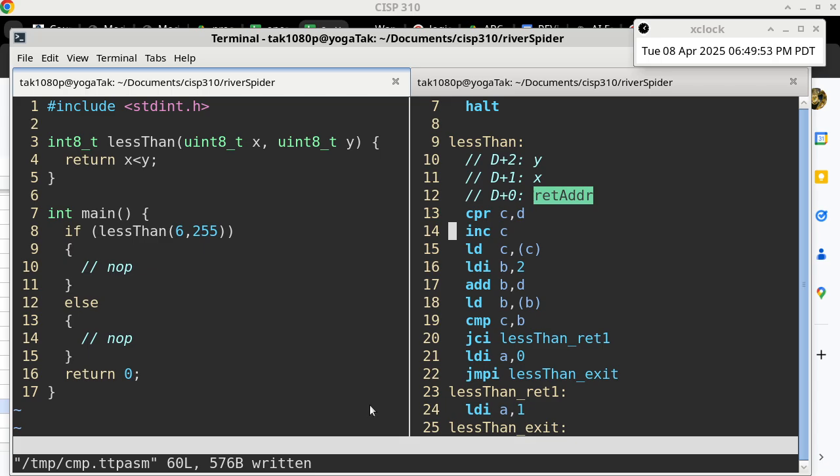For the purposes of this class at this point, we're just going to be assuming there are gremlins, okay? And all the locations below where the stack pointer points to, the gremlins are free to mess them up. So unless you're sure that you don't need to maintain the content of a location, do not increment register D,